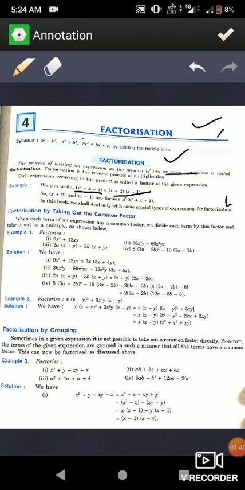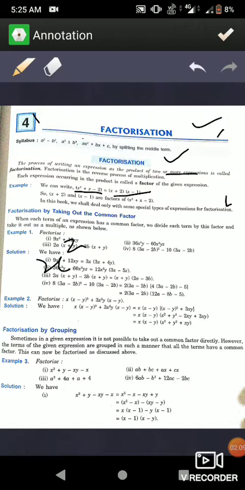Factorization is the reverse process of multiplication also. Clear? So we can write x square plus x minus 2 is equal to x plus 2 in one bracket, x minus 1 in the other bracket. How does this come? You have forgotten some split term process, how this factorization happens. So I'm going to recall that in your mind, how the split factorization was performed in the 8th class or 7th class.